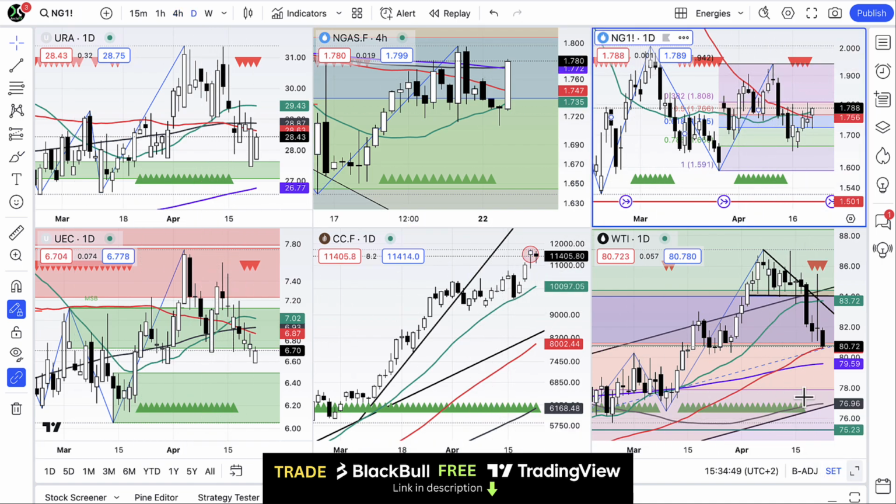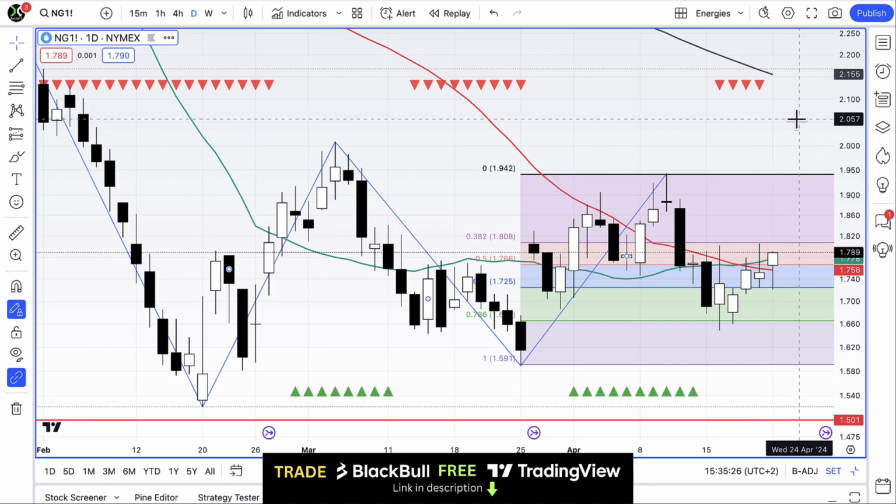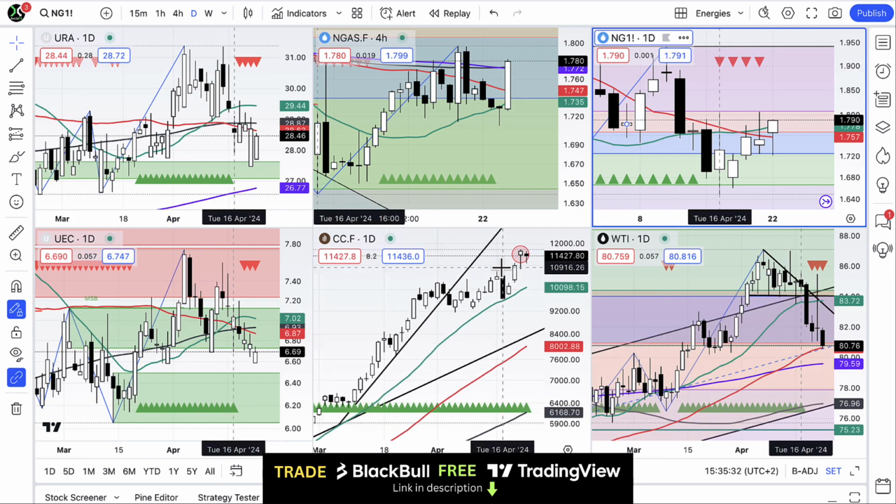Looking at the day chart on natural gas, let's have a look at this quickly. And what you can see there is a nice hold above that 78.6% Fibonacci, a pullback more recently, last few days, back to the 61.8% Fibonacci. It held there, and now we want to move up above that swing high, above the 38.2% Fib, break up there, maybe up to the top of that swing high, and then back down, but no lower than the 38.2% this time. So we retrace 78.6, we retrace 61.8, and we want to retrace no more than 38.2 on this last occasion. And then I'm aiming for a rally back up to $2, and then $2.15 or $2.20, and then $2.35 or $2.40, around that gap, which I pointed out in the last video, and you can find that link